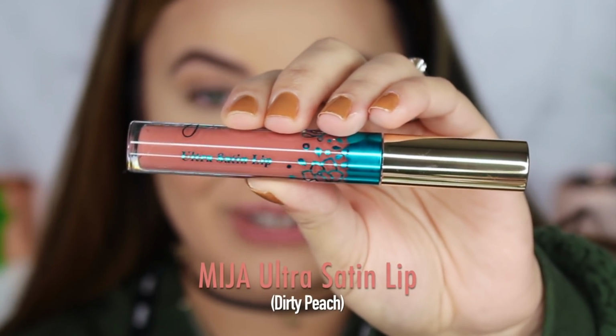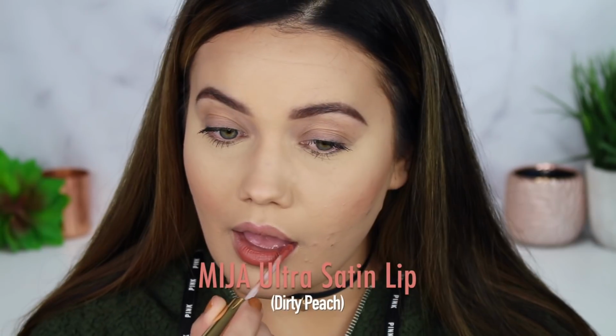Let's start with the Ultra Satin Lips first. The first Ultra Satin Lip we're going to try is called Mija. Looks like a really pretty, kind of like a burnt salmon. Oh my goodness. Do not ask me why I went so out of my lip line. I never do that. I'm really not an overliner and for some reason my hand just went rogue with this lip color, but I love